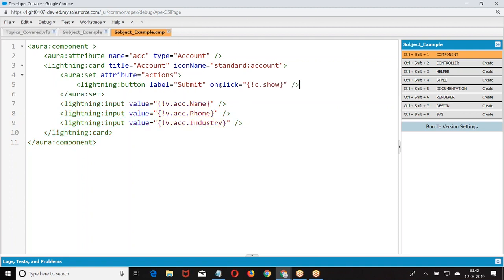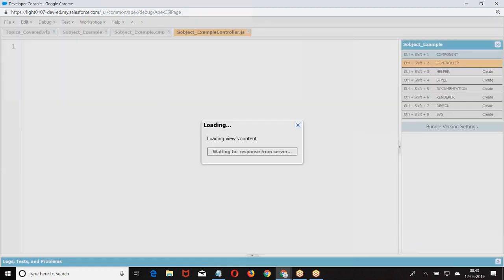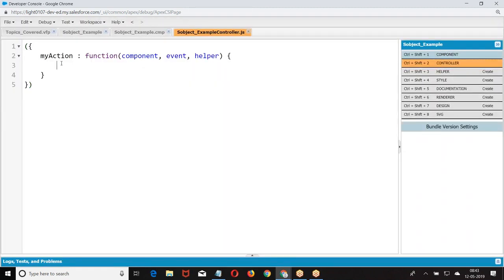Right. I'll just perform the basic operation: ACC.name, ACC.phone, industry. Then I give var ACC equal to component.get.